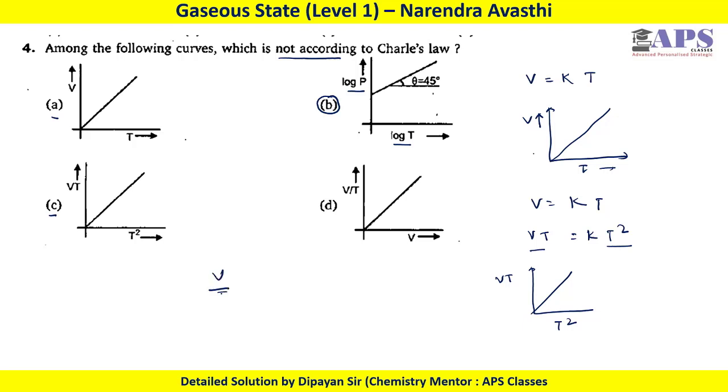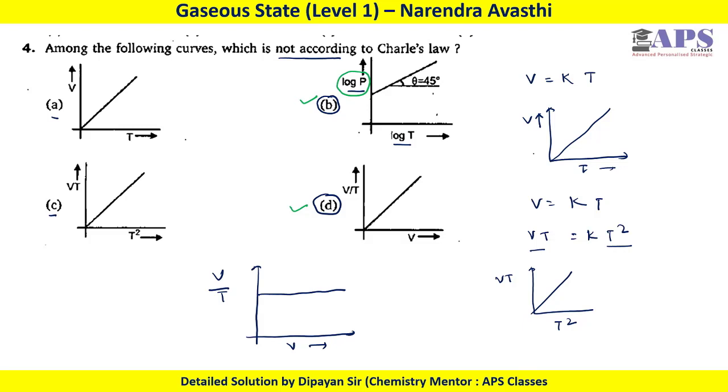So this is also correct. But for the V by T versus V plot, this is a plot where we have a straight line parallel to the x axis, but this is not the correct case. So here we have two options which are incorrect, one is B, another is D. But in the latest version, this question is corrected, and in that case we have log P versus log T in the new book, which is a correct option. So for the new book, the only option which is correct is D, but for the old book it is B and D.